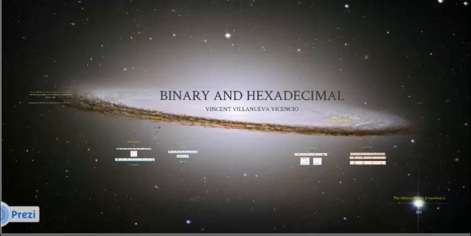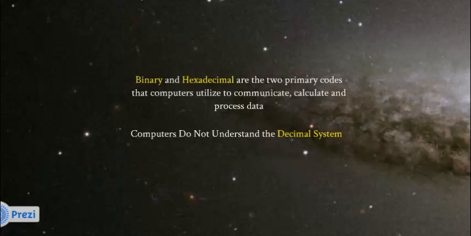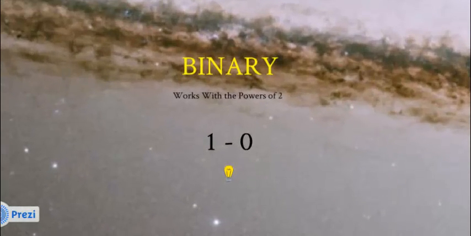Binary and hexadecimal. Binary and hexadecimal are the two primary codes that computers utilize to communicate, calculate, and process data. This is so because computers do not understand the decimal system, the base 10 system that humans use. Binary. Binary works with the powers of 2, and uses the two symbols 1s and 0s, which correspond to ons